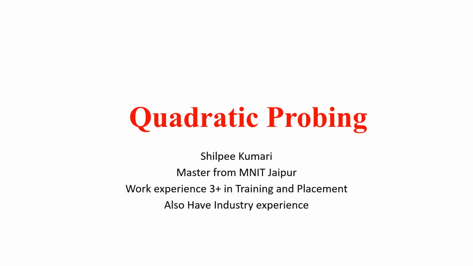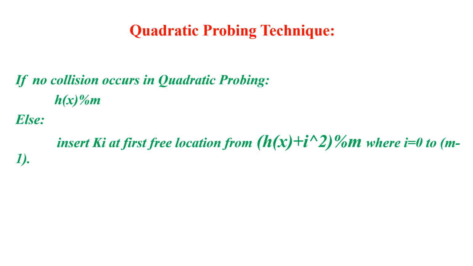Today I am going to explain quadratic probing. Quadratic probing is also one type of collision resolution technique, and this is a subtype of closed hashing. So what is quadratic probing and when are you going to apply it? It's a collision resolution technique. It means that whenever a collision occurs, only then can you apply quadratic probing, otherwise you will not apply